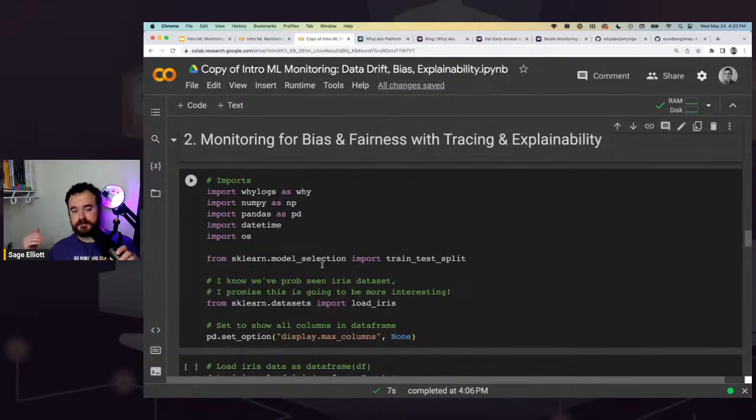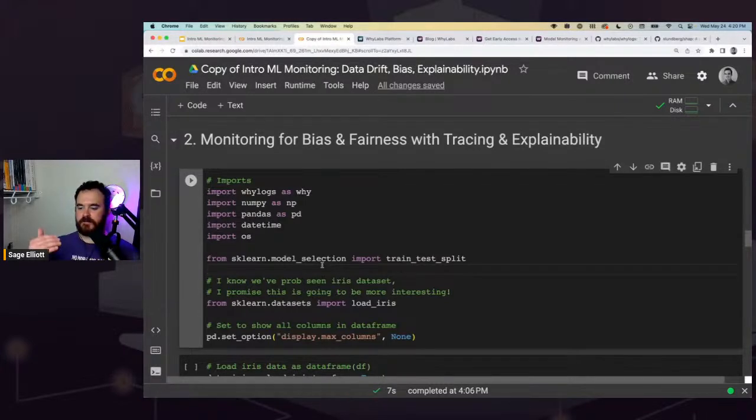But let's keep going. We're going to look at some bias and fairness features and explainability. And I'll try to go through this pretty quick. And then we'll go into the YLogs open source features. The first part is going to be really repetitive to what we did before, so I'm going to go quickly through these first cells. If you were here at the beginning, these top 5 or so cells are going to be pretty much exactly the same. And then I'll stop and pause when it gets to the different stuff.